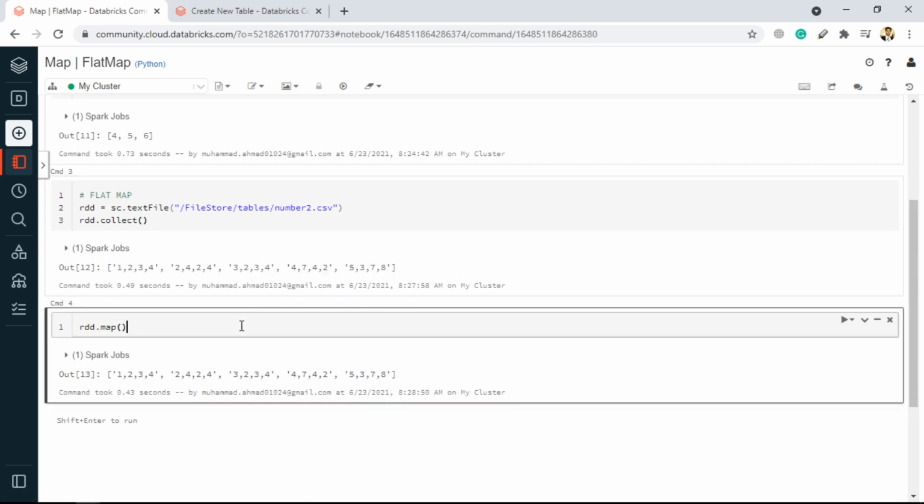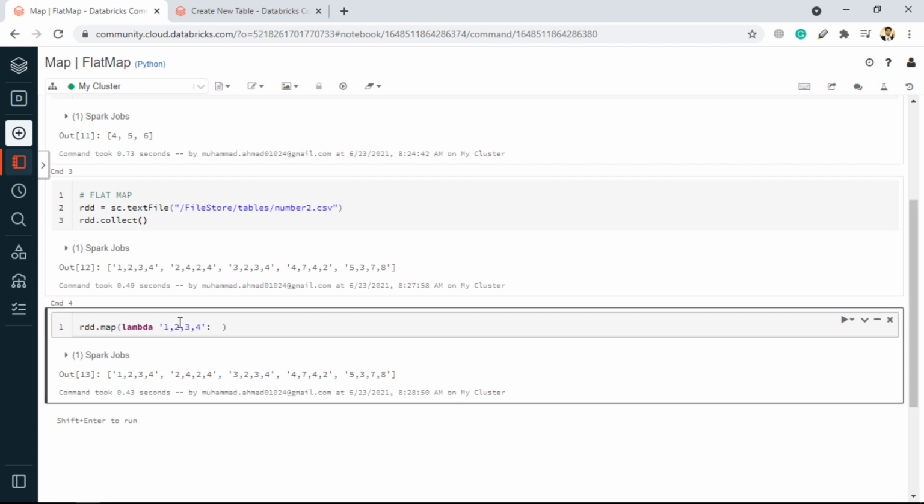Now if I apply map on it with lambda x, it will provide me this particular element at this level. Now I cannot directly apply anything to it, I cannot do any integer operation with that, because it is a string that contains some commas as well.